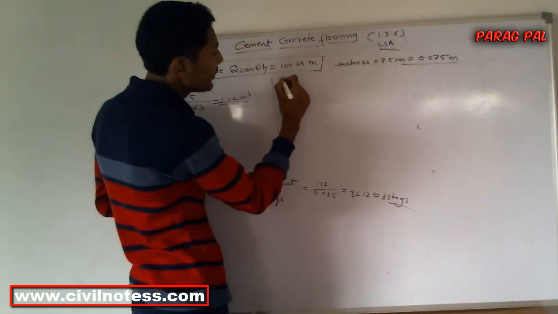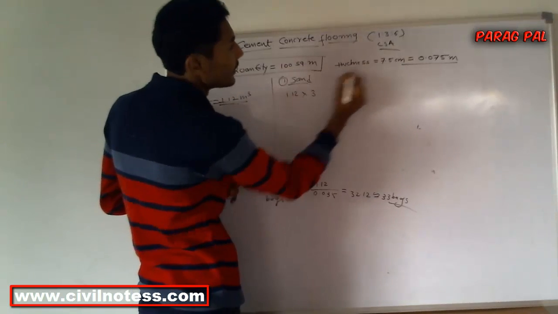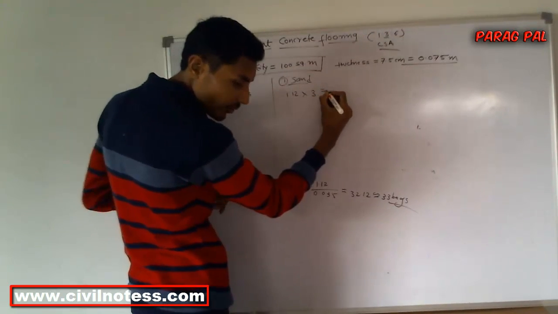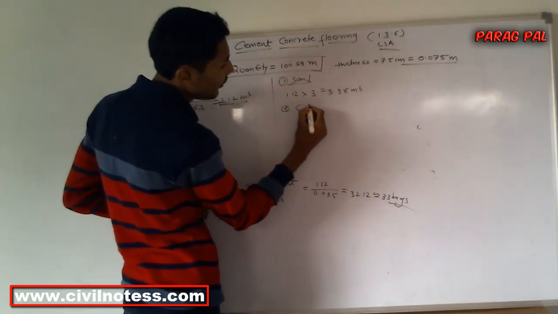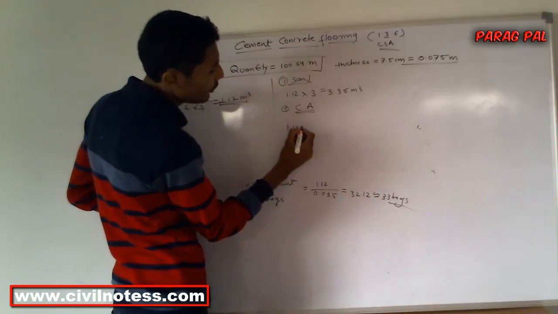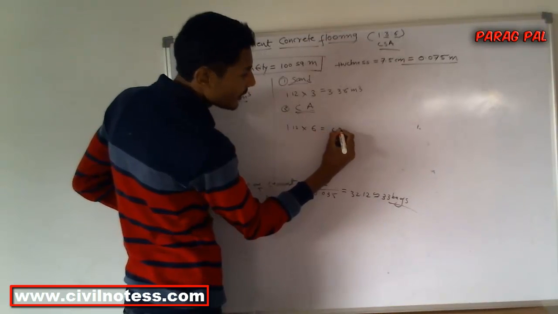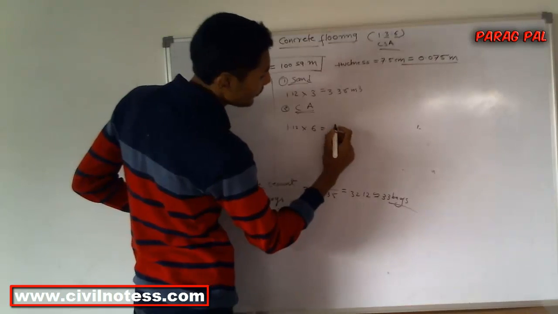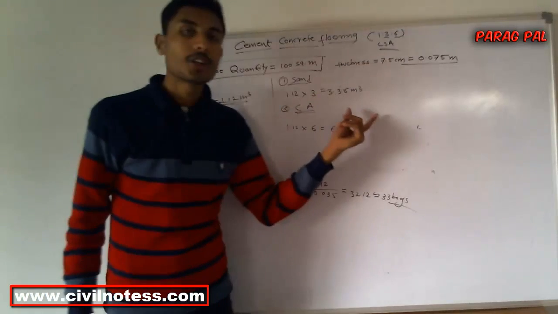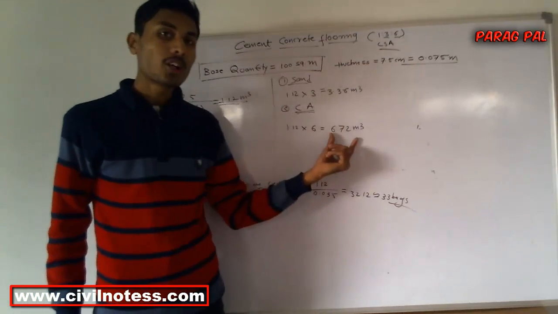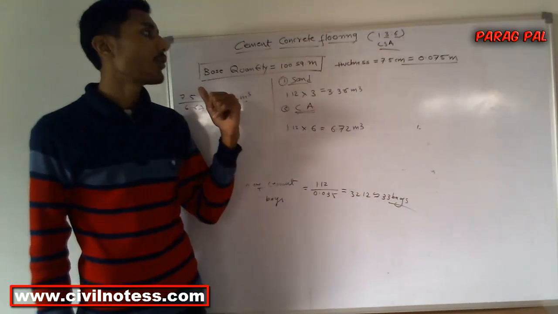For the sand calculation, we just multiply 1.12 by 3, where 3 is the sand proportion, so we get the volume as 3.36 meter cube. For the coarse aggregate, the volume is 1.12 multiplied by 6, so we get 6.72 meter cube. So for the flooring work, 3.36 meter cube of sand, 6.72 meter cube of coarse aggregate, and 33 bags of cement are required for the 100 square meter quantity of the flooring,